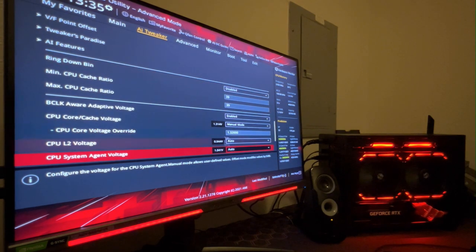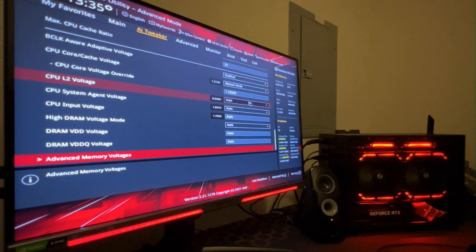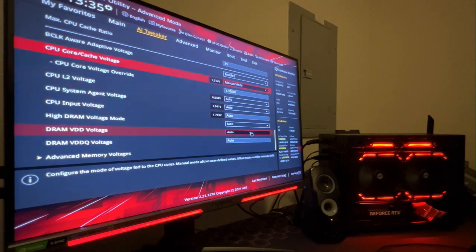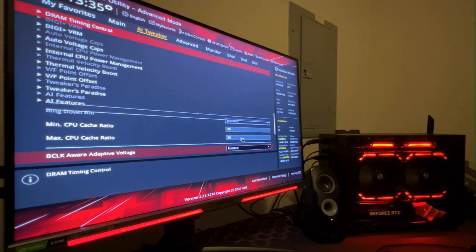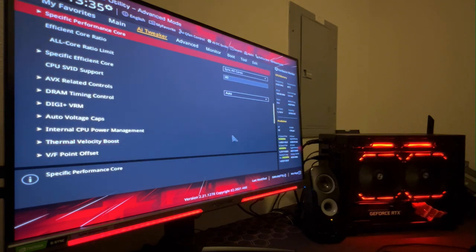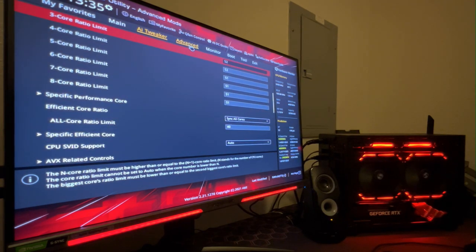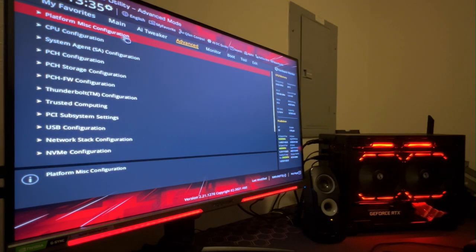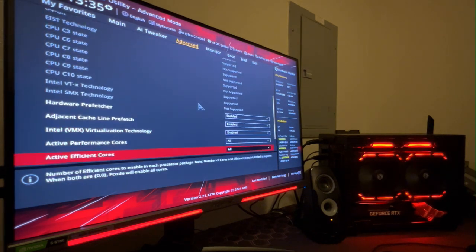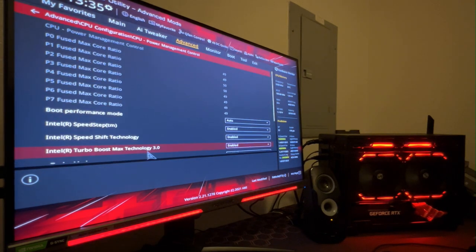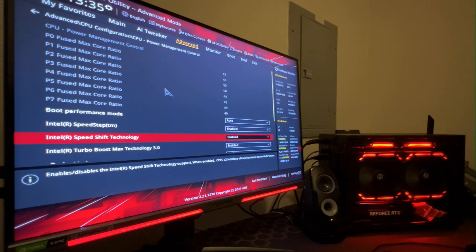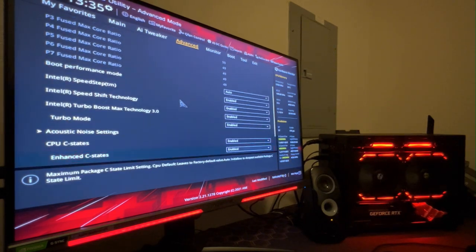And then you go down here. I don't know if we're really adjusting anything else. Just copy all that there. All right. And then the last thing you've got to do is go to advanced, and then go to CPU configuration. Come down here, go to CPU management, or excuse me, CPU power management control. Come down to